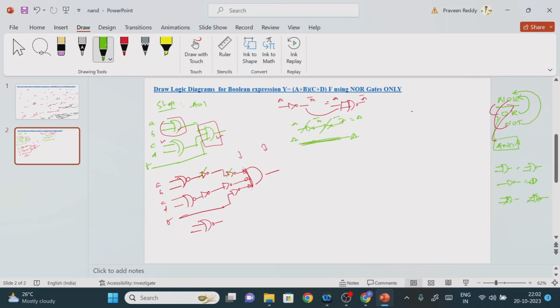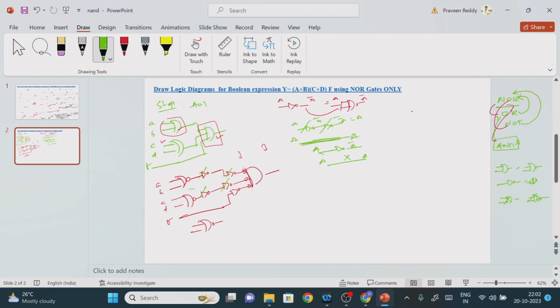We will be getting just a connecting wire, something like this. So this also will be cancelled. This will not be cancelled. Why? Because it is the only single logic gate. You cannot write this one, because here the answer will be A bar, and here it is A. You cannot write it like this, right? So this is the same only, right?